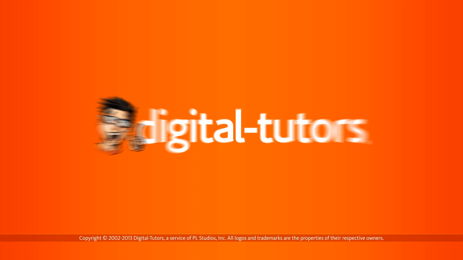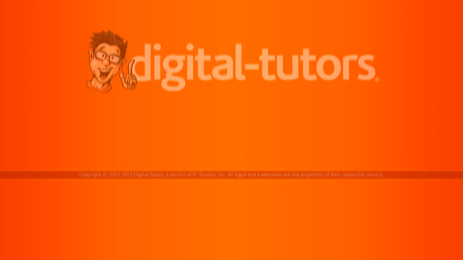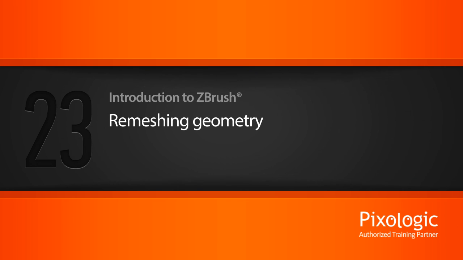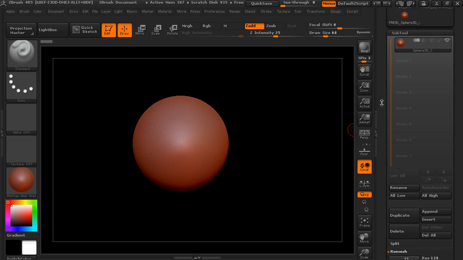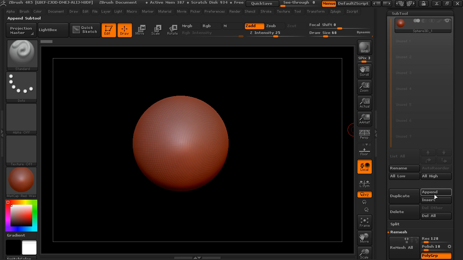In this lesson, we'll talk about the process of remeshing. So in ZBrush, the process of remeshing is basically the combining of different pieces into a single new remeshed piece of geometry. So for instance, if we start to append different subtools to this,